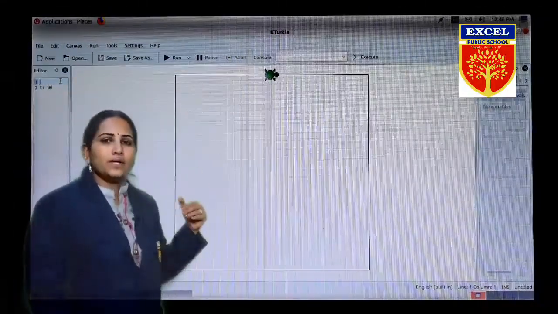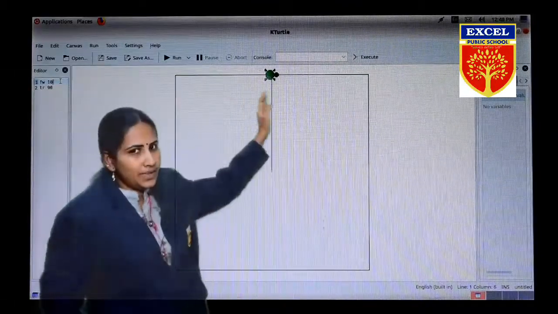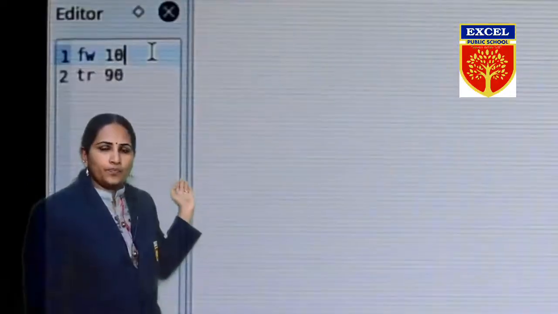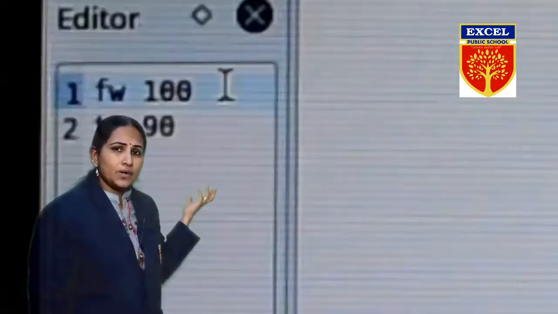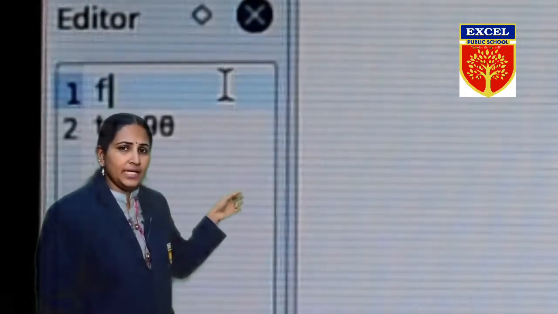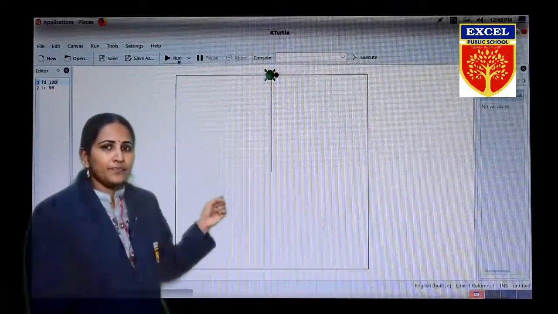You are commanding your computer to go forward 100 steps, and to turn right. Now I am giving the command wrong. Shall we see what will happen if we give the command wrong? Okay. Now I am giving the command FD 100 space 100. Shall we run and see?